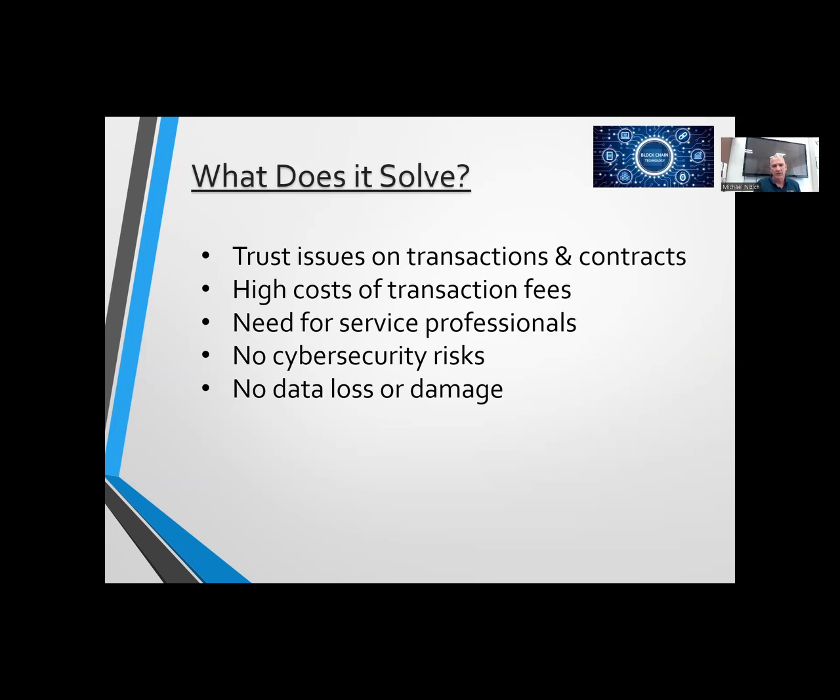So blockchain overall, just to finish up here, again, I have the time constraint, but it solves trust issues on transactions and contracts, in that they're indisputable. It addresses, and could address, the high cost of transaction fees. If you have a lot of middle people involved to prove that something is a valid contract, it makes the cost of doing the contract very expensive. It may have an effect on the need for service professionals in the future, right? If all of a sudden everything becomes blockchain and it's trusted, then some people might go in the direction of saying we don't really need all these other middle people to prove these transactions.